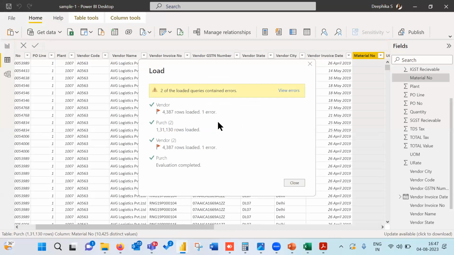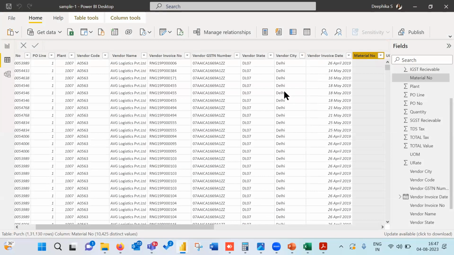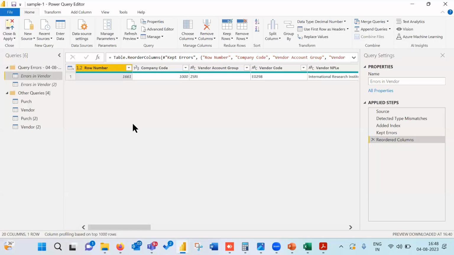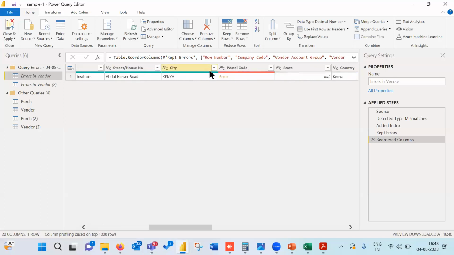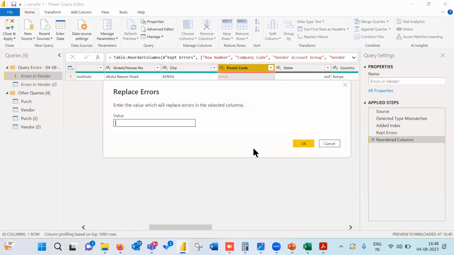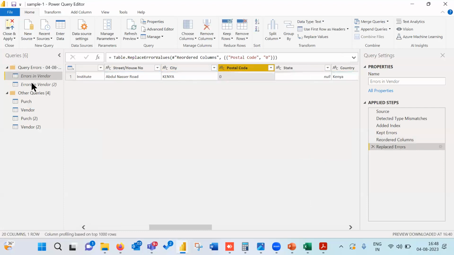Okay, so it is having some error. So we can go and see the error and resolve it. The first time when we imported, it automatically went to Power Query, right? Now from the dashboard, if you want to do it, in the Home tab there's something called Transform Data. If you give Transform Data, it will go to the Power Query editor. So what is the error? In the vendor sheet, one postal code has not been read. So postal code is not relevant data. So what I can do is give Remove Errors or Replace Errors with 0 or something like that. So that number gets corrected and after that it will load.